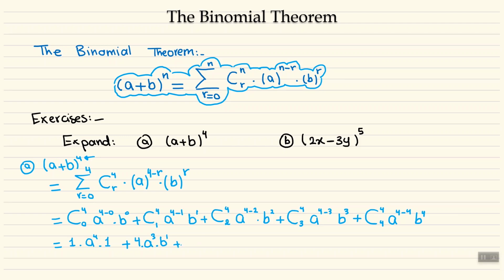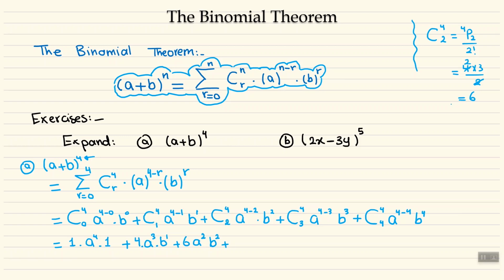4, 2. Combination 4, 2 is permutation 4, 2 over 2 factorial. Okay, let's do it here. So combination 4, 2 is 4 permutation 2 over 2 factorial. Now 4 permutation 2 is 4 times 3 over 2 factorial, which is 2. Cancel the 2 with the 4, we get 2, and 2 times 3, we get 6. So it is 6a to the power of 2 and b to the power of 2, plus combination 4,